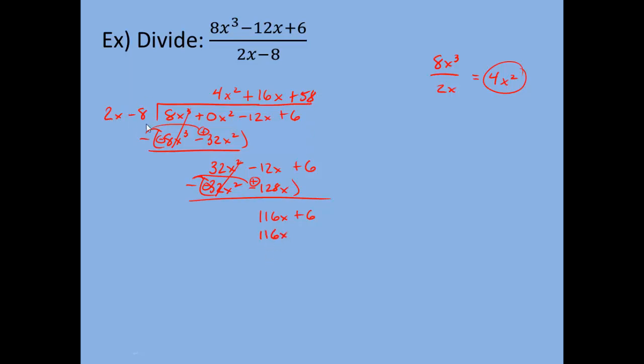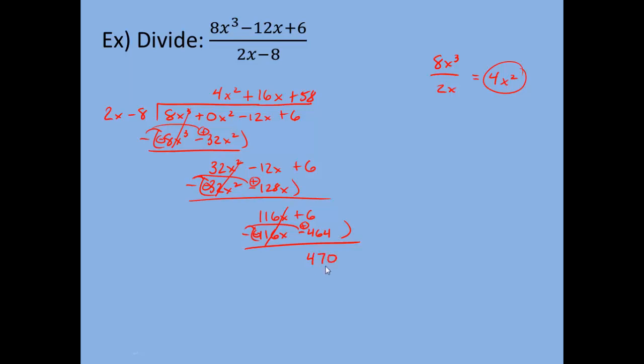A positive 58 times a negative 8 out in front gives us a negative 464. Remember, we're subtracting this off. Distributing the negative signs becomes a negative 116x. Distributing the negative sign here, a negative times negative makes it a positive 464. 116x minus 116x cancel. 6 plus 464 will give us